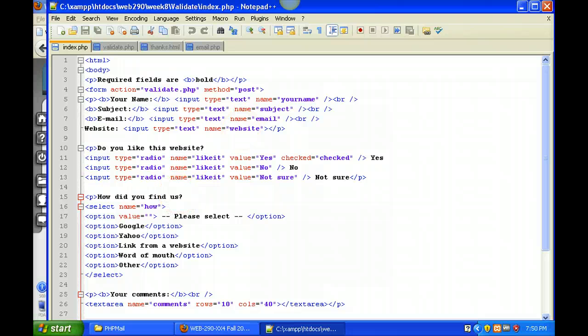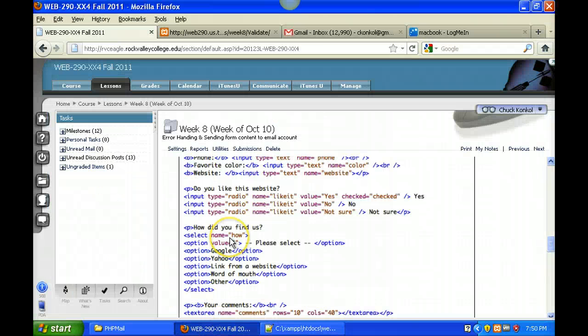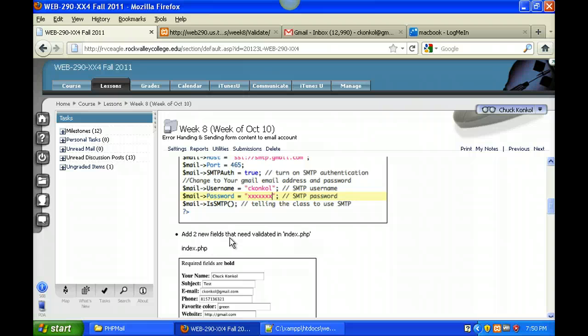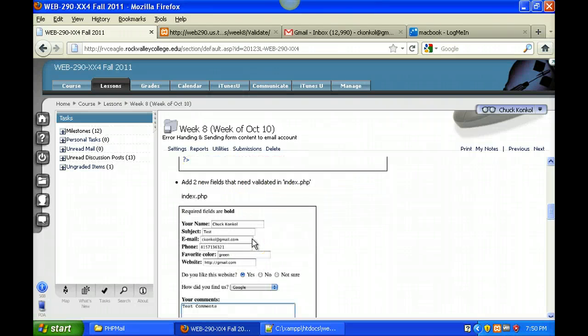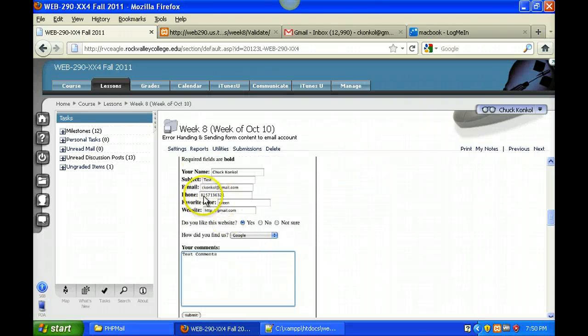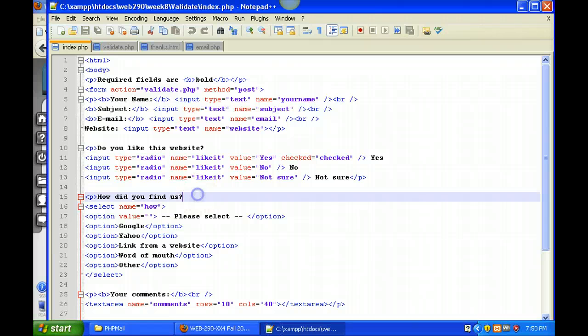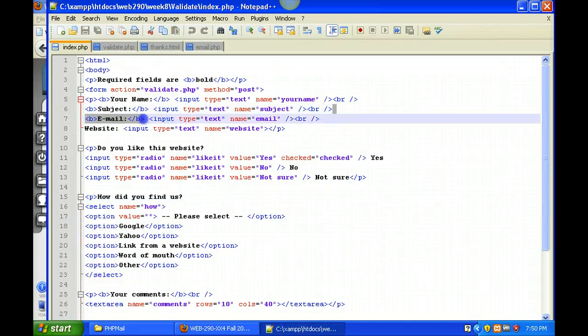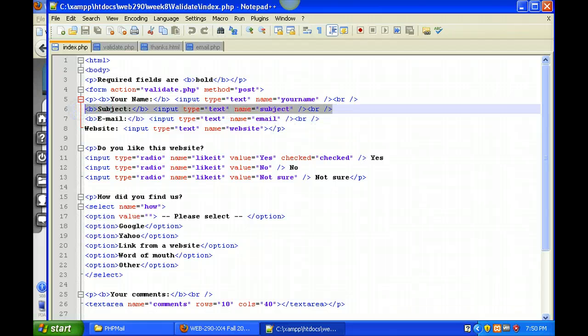So, for example, the challenge I give you is to have 2 additional fields that need validated. So maybe in this example, I get phone number and favorite color. So just to show you how simple this is, let's go ahead and I'm going to highlight the subject field